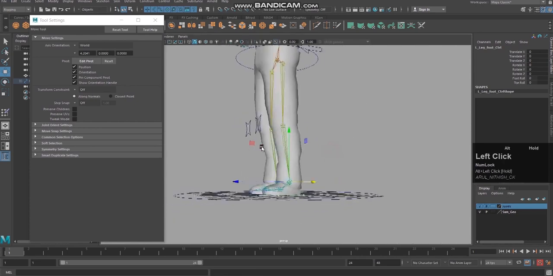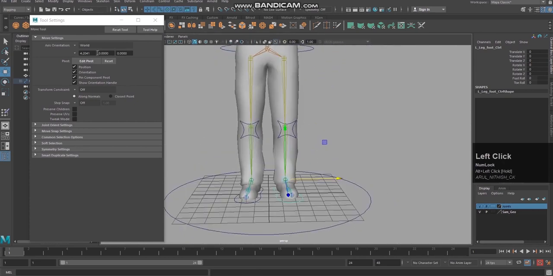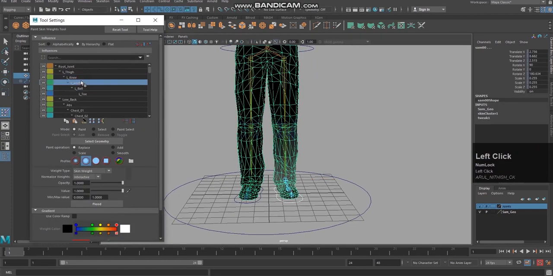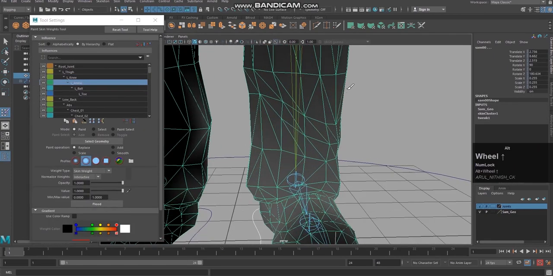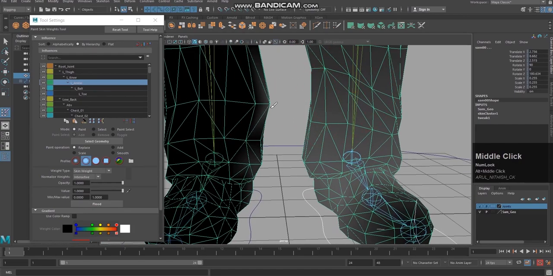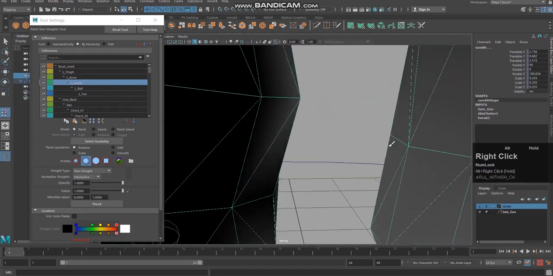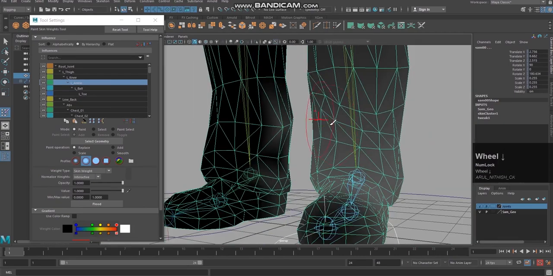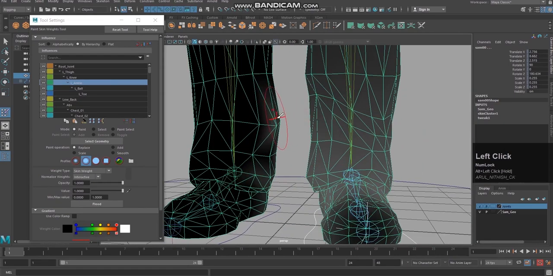Now again I'm going to select the ankle. See, the ankle is having influence here. You can see the white color. I'm zooming in. That is why it is having this shape. So I'm going to control select and repaint this.